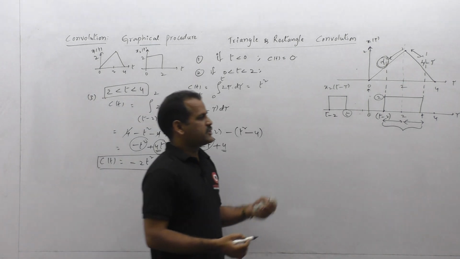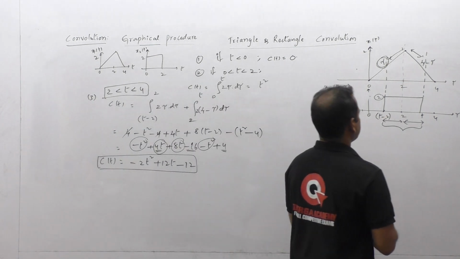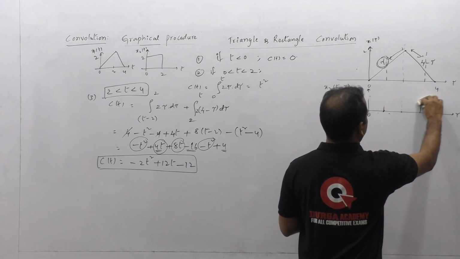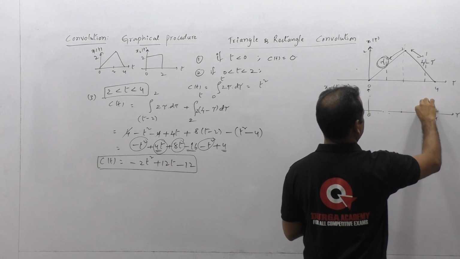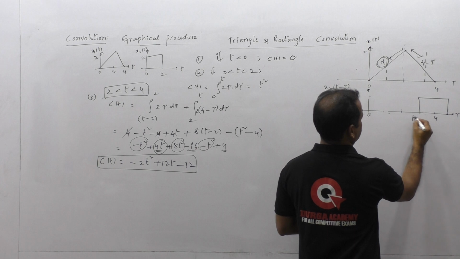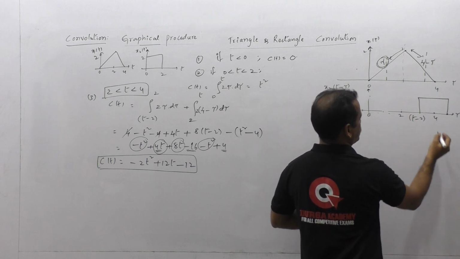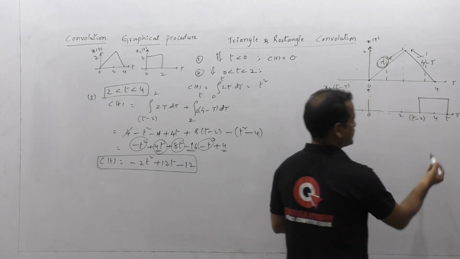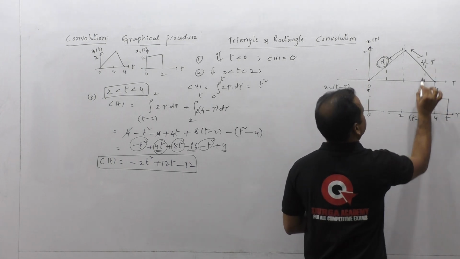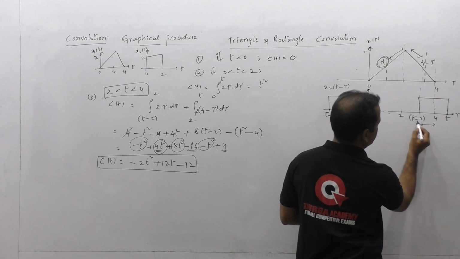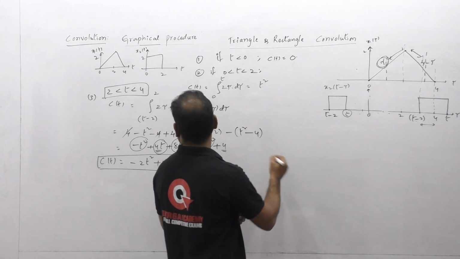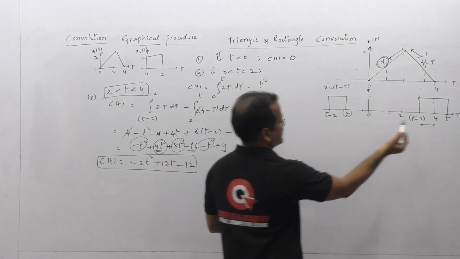Similarly, let us shift the signal further forward so that we are getting that rectangular function, in this case crossing that 4 value. T value crossing 4 means t minus 2 in the middle of 2 to 4 we will get. Over that, what is the non-zero limit? For this, if you consider, this is the non-zero limit, that is t minus 2 to 4, we are getting the product non-zero here.